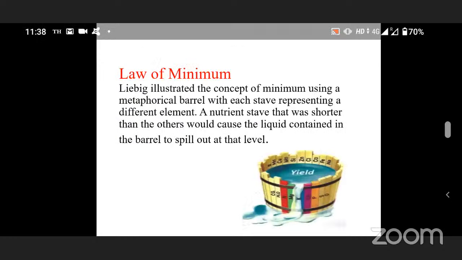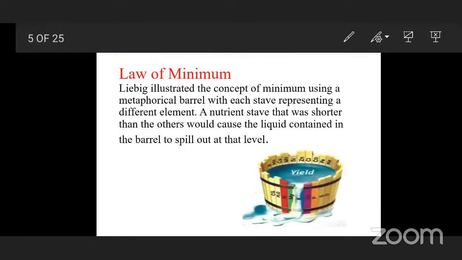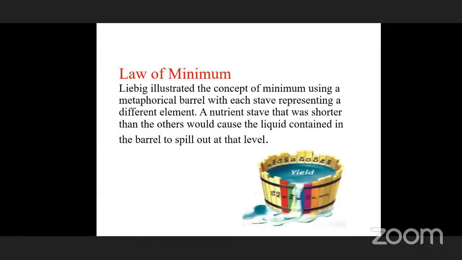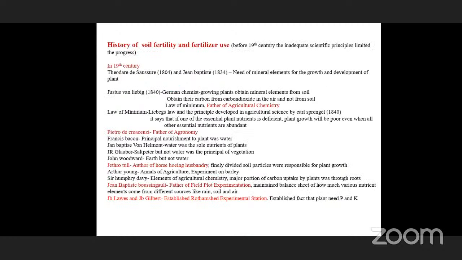Okay, one minute. These steps each represent a different element. They are all present in higher amount, but due to the small stave, that is potassium, the liquid contained in the barrel is spilling out due to the small amount. So if we get the law of minimum,